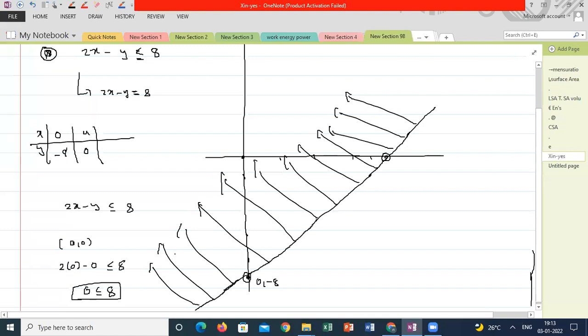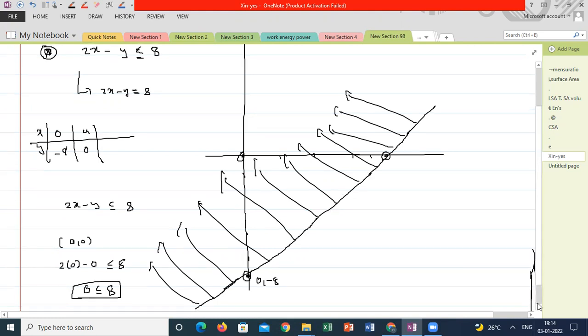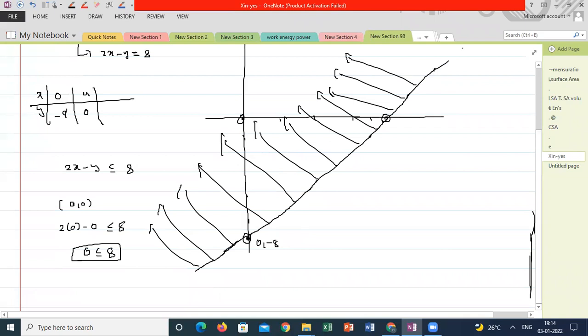The line and the region towards the origin side are included. Is it clear? In this case, we can't say below the line now. We can say it is the origin side or the non-origin side. The entire plane is divided into two parts: if I extend this line to infinity, the xy plane divides into two parts. One part contains the origin, the remaining part does not. So the origin side is the solution set.